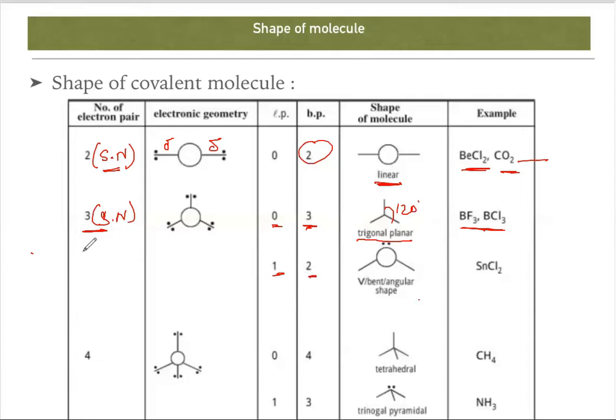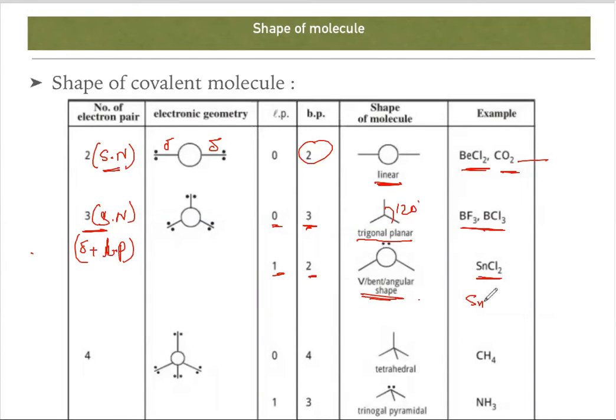So as we already know, what is the steric number? Sigma plus lone pair. So this is one lone pair. Bond pair means that is obviously sigma bond. So 2 plus 1, 3. Next, coming to the shape. Shape is V shape or bend shape or angular shape. You have to remember. So one lone pair and two bond pair represent a shape of V, bent or angular. Example is SnCl2.